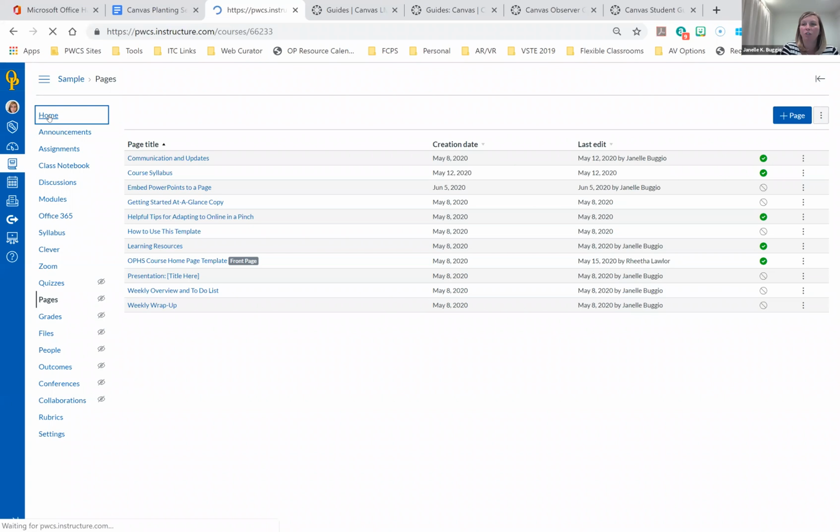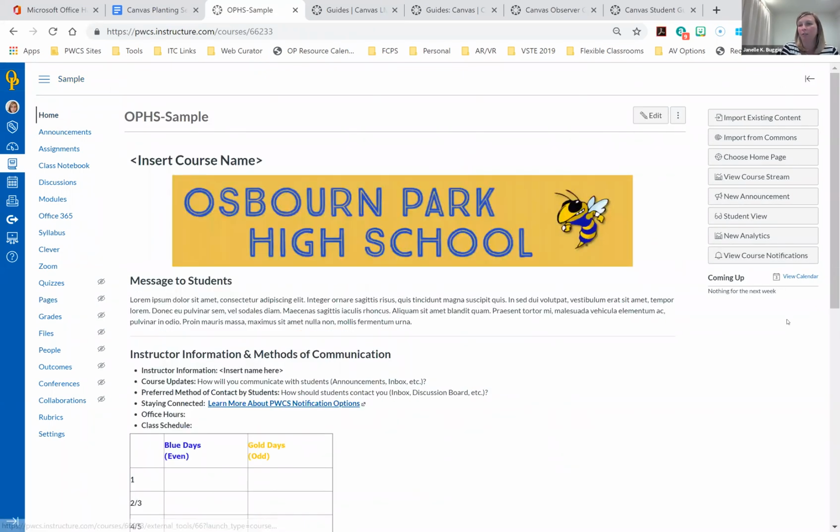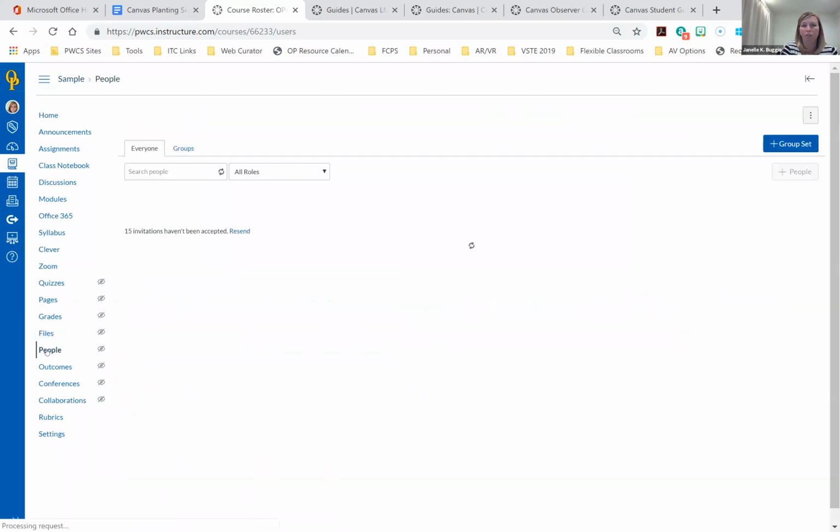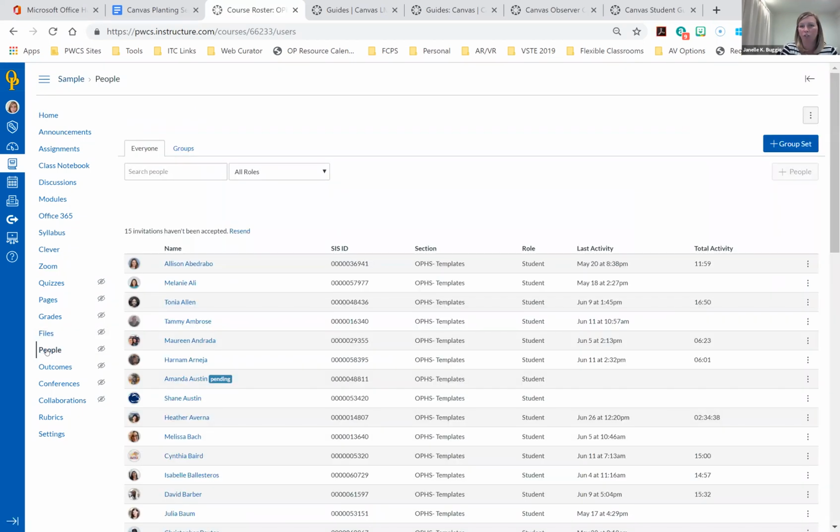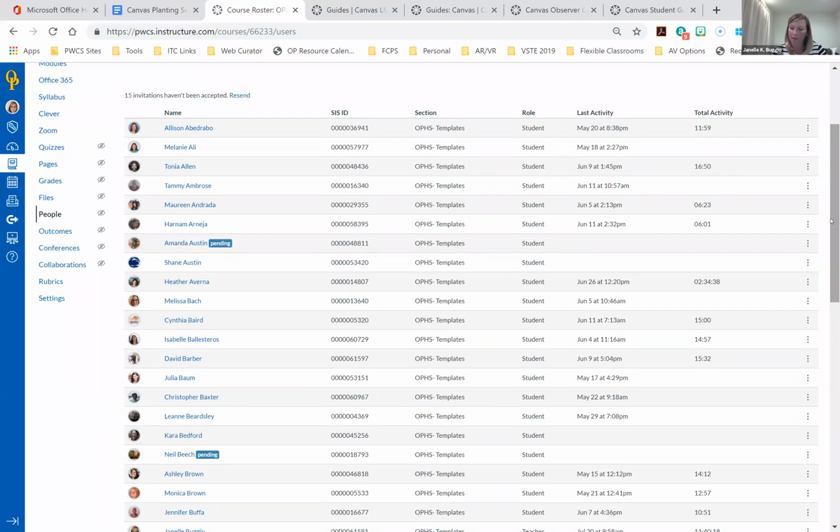Your home page is the only page where you're going to see this right-hand sidebar, and they'll go into more depth with that tomorrow. The people area is where you add students or teachers to your course. So if you have a co-teacher or a TA or something like that, you can add them there. And if you look under people on the handout,